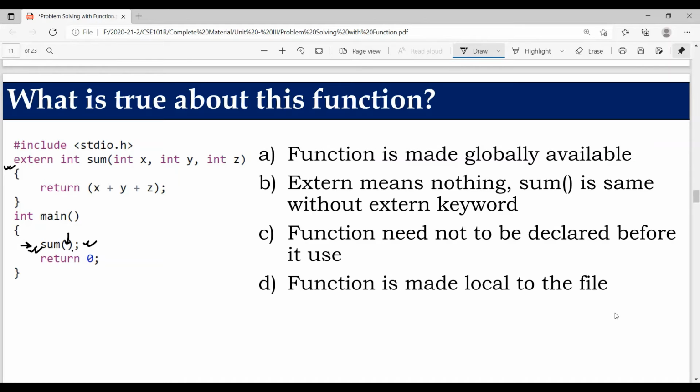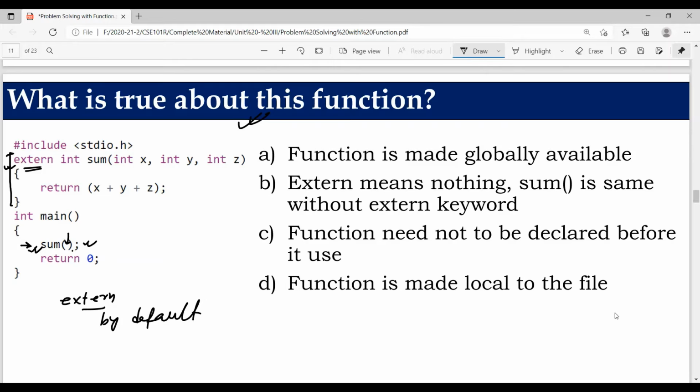The question is about what is true about this function. So let's see the function definition carefully. That function is defined with the keyword extern. One very important point regarding the function: extern is a storage class, correct? Whenever a function is declared anywhere, it gets the extern storage class by default.